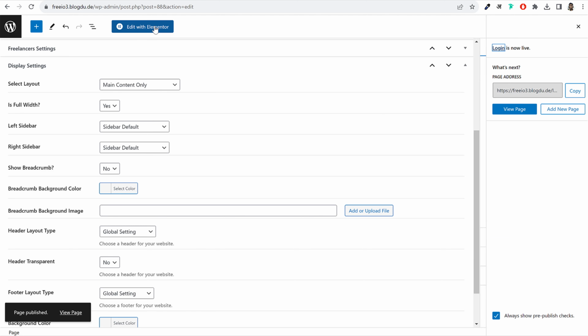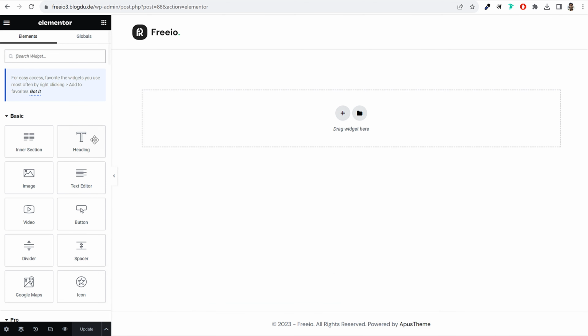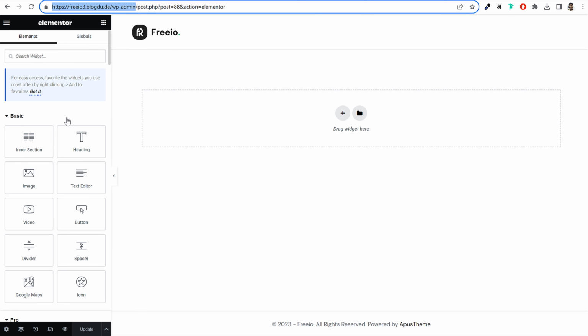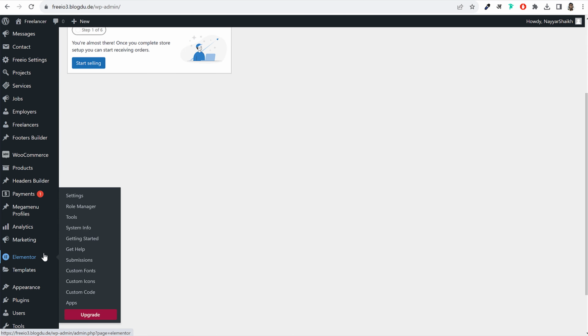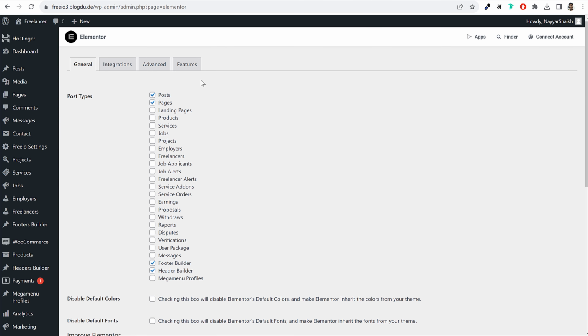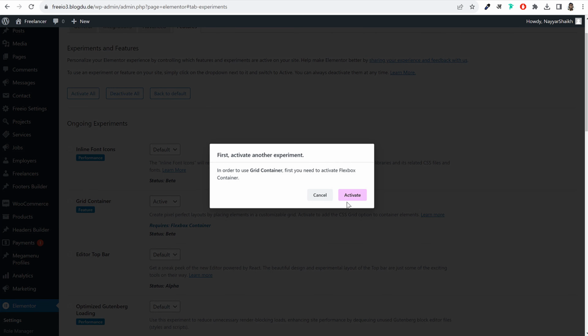Once you do this, click on edit with Elementor, and in the login page you can see first we have the login title. So I'll copy the title, come over here, and let me do one thing actually. Come back to the dashboard. We want to use containers because Elementor now uses containers and grids. We are still using the old version. So to use the container option, at the left hand side select Elementor and click on settings. Click on features and enable this thing, grid container. Click on activate,